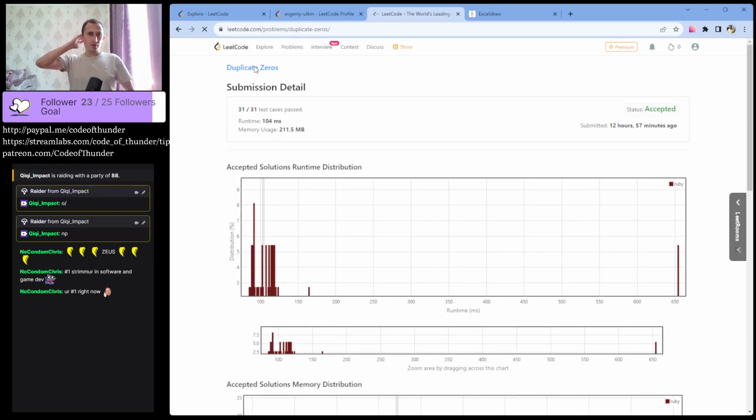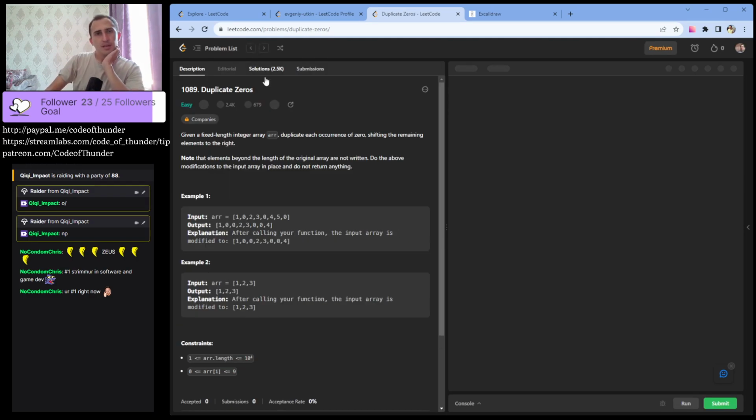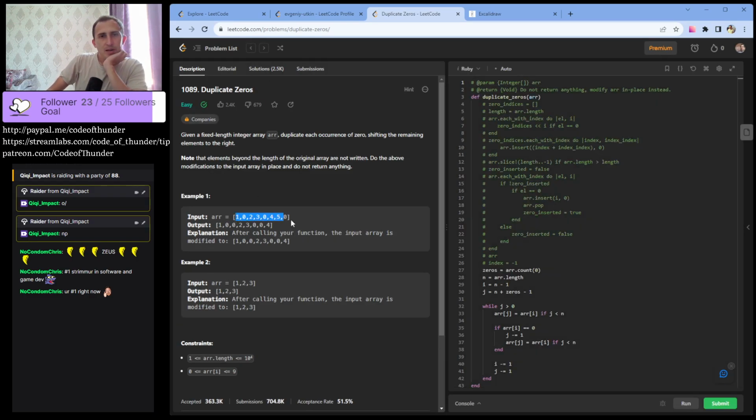So what is our goal here? Well, we have this array and we have all these zeros, and we want to double the number of zeros. After every zero we want to insert another zero, but we want to